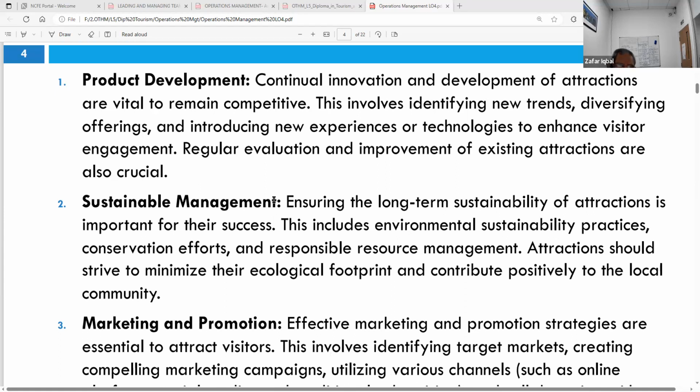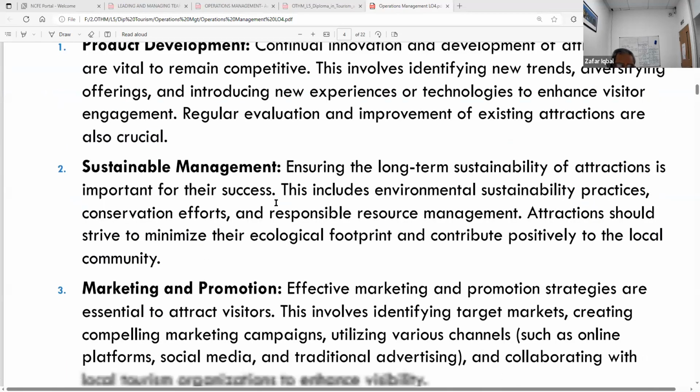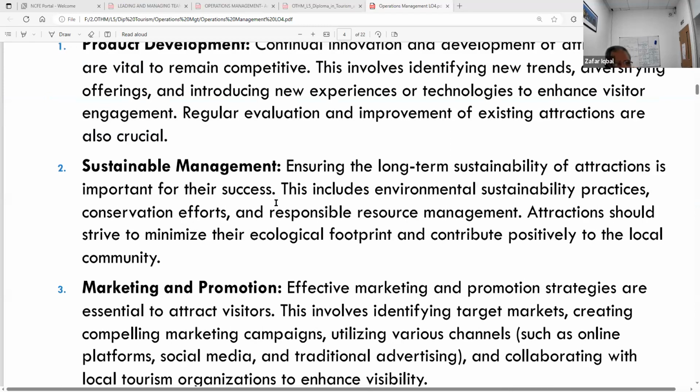Sustainable management is another principle of sustainable management. It means for the long term, you need to stay in business for a long term. How attractive is the attraction, so that it stays in business for a long term to come, so that people come and visit it? And is it sustainable practices? Is it going to be